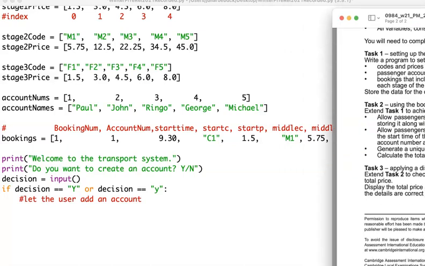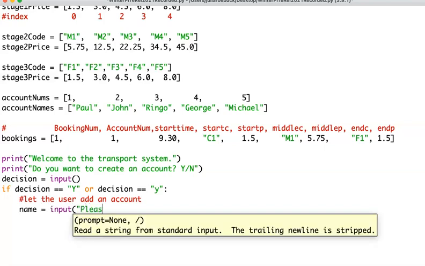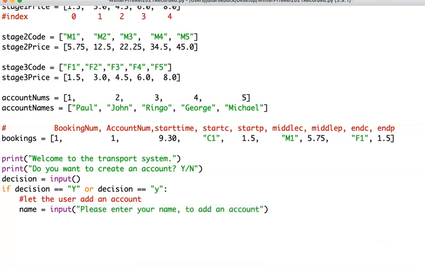So we need to get them to enter their name. They don't need to enter the account number. We do that for them. So we just get their name as an input and we say, please enter your name to add an account. Then the next thing we're going to do is, once they've entered their name, we're going to